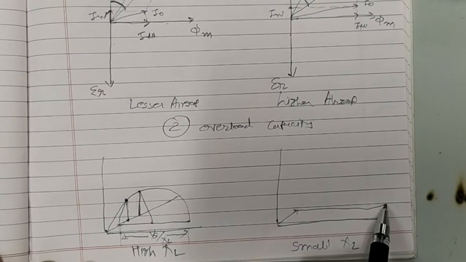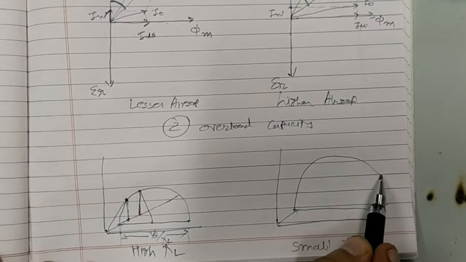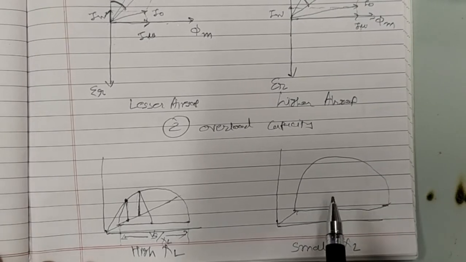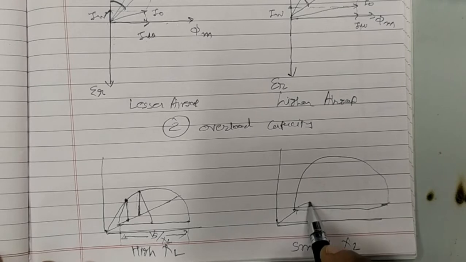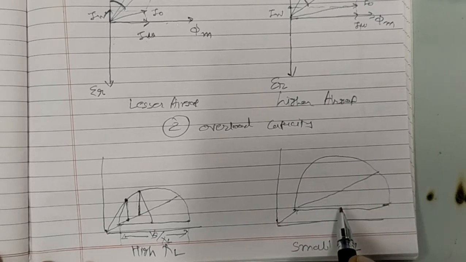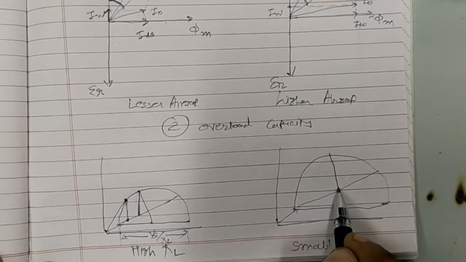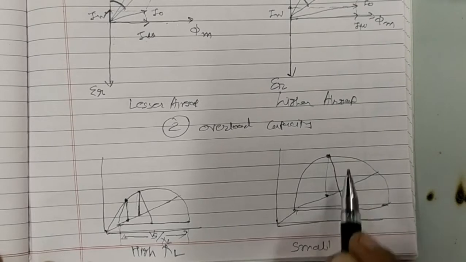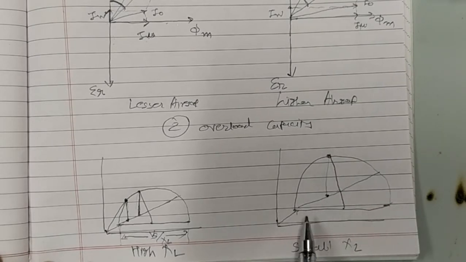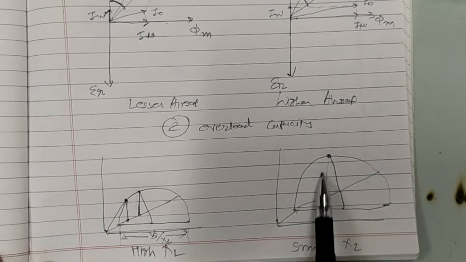The diameter will become bigger. Okay, the circle will also become bigger. So I can have the output line, the center point, the perpendicular, and the maximum output. It is obvious that if the diameter becomes bigger, then this distance also becomes bigger, which is the maximum output that your motor is capable of giving.